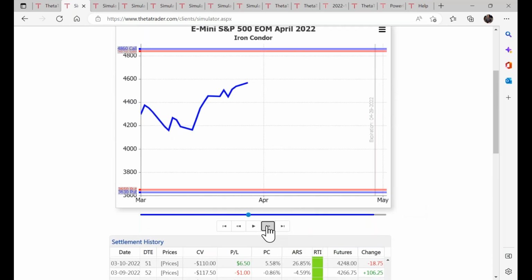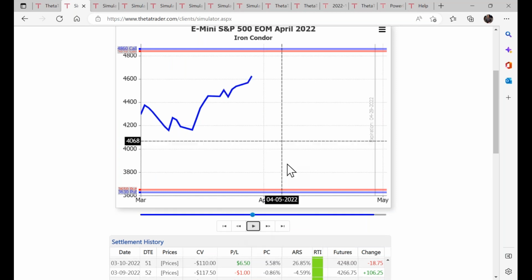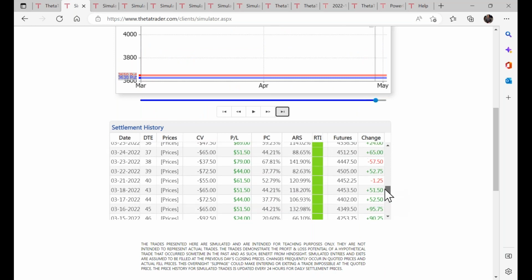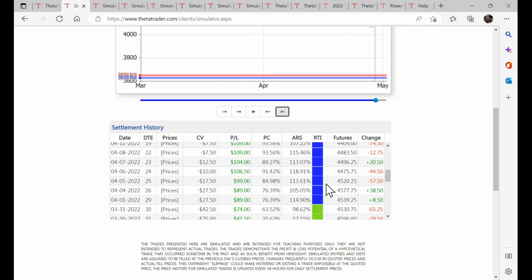Use this button to go backwards if you want, or just play button, or you can go all the way to the end at once to save time. But I just want to show you here, you can see the trade is green, profitable, theta decay is working, and then it turns blue, and that means take profits. So whenever it turns blue, Theta Trader can automatically submit that order for you to close out that position and take profits. So you do not have to screen watch, and that's really the big trick.